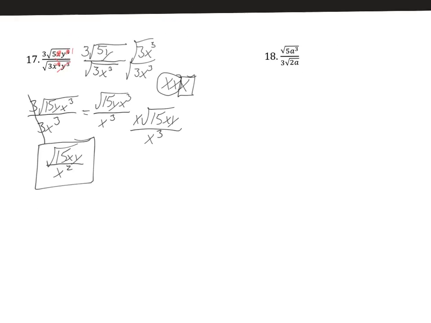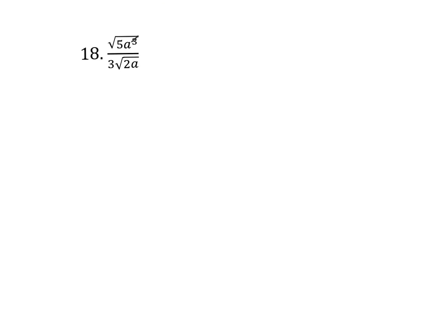Okay, so now go ahead and try this next one. Looking at the things that are under the square root, we have a to the third and just a plain a. I'm going to go ahead and say that this should be a to the second. This is going to cancel, so I'm going to have 5a to the second, square root of all that, over 3 radical 2. 5 I can't really split up. The a though, a squared, if I'm taking the square root of that, that means I just have an a